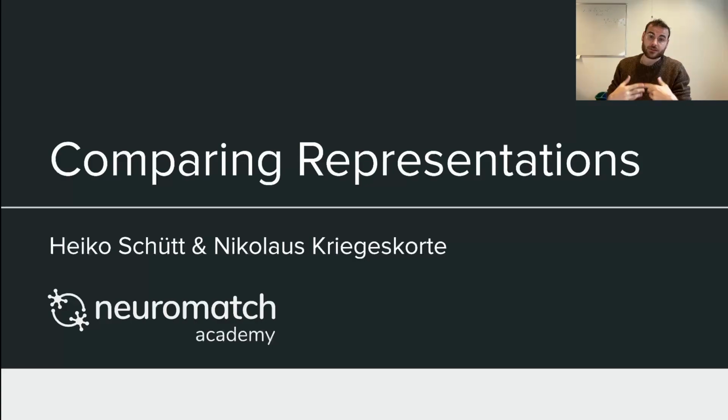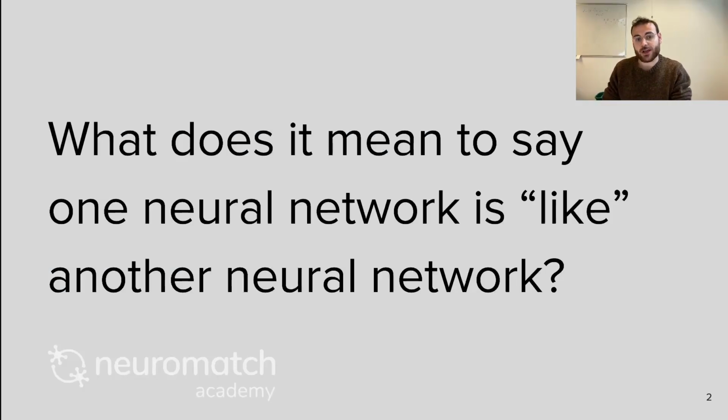So today's talk is about the big question: what does it mean to say that one neural network is like another one? And here a neural network could be a biological one, i.e. a brain, or a deep neural network. And it should be immediately clear that this is an interesting question. For neuroscience, this is how you test whether your model is any good, right? You want to compare it to the brain and want to say whether it is like the brain or not. And in machine learning, it is a great question to ask yourself for understanding deep neural networks, to first understand which of those are actually similar to each other and which ones are different.